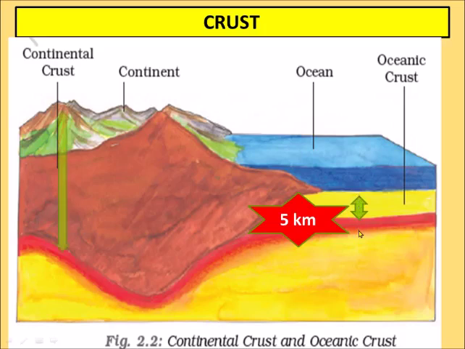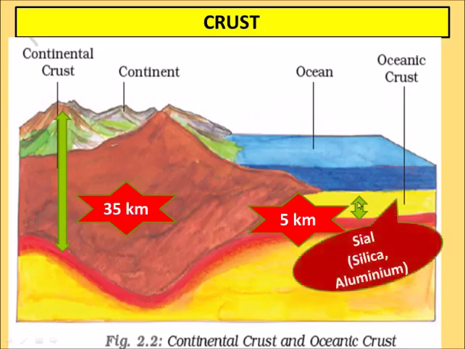But on the continental floor the distance is 35 kilometer, because here there are very high mountains also. So we measure from the height of the top portion of the mountain to the lowest portion of the crust. So this distance on the continent is 35 kilometer and on the seabed is 5 kilometer. Okay, these are the measurements of the length of crust.